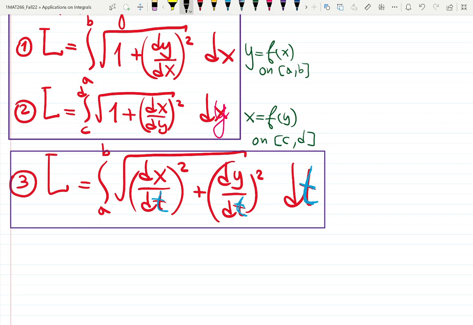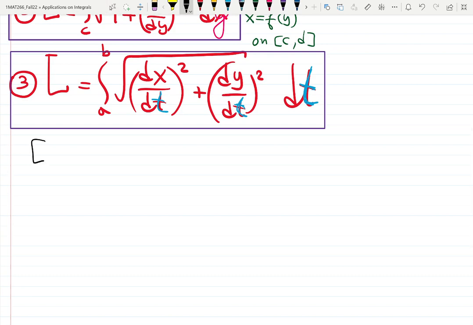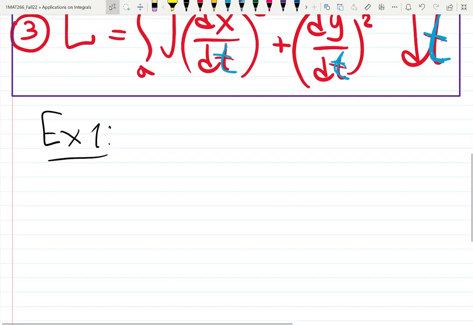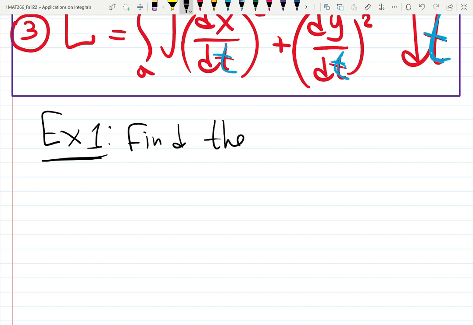Anyway, I'm talking too much. If I show you the example, you will see how straightforward it is. There's nothing complicated in this chapter. This is a student's favorite chapter because finally it's not hard. Not too hard. Find the arc length of